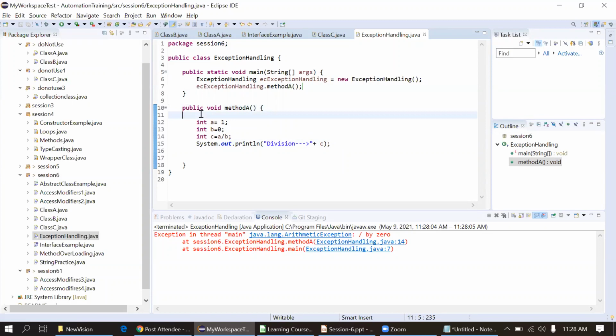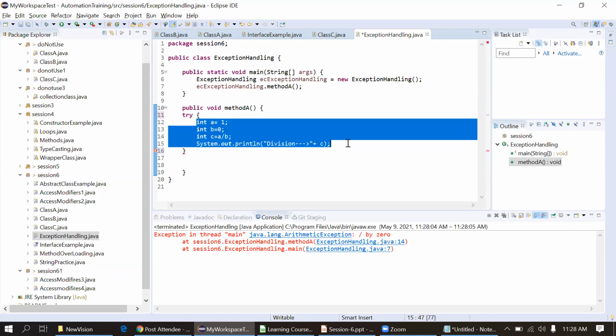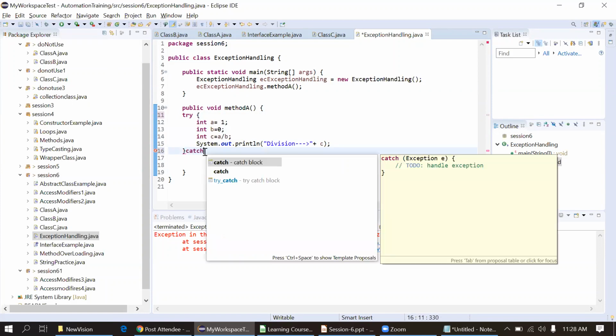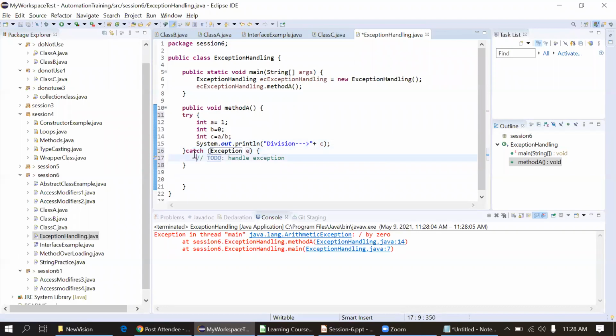If I know I can get the exception, I will simply put try, and use the curly braces, and complete the code within a try block. Now the exception got caught here, but it should be thrown somewhere. So I'm just using this catch. This will catch. I will just print a sentence here, sysout exception. Now I'll execute.